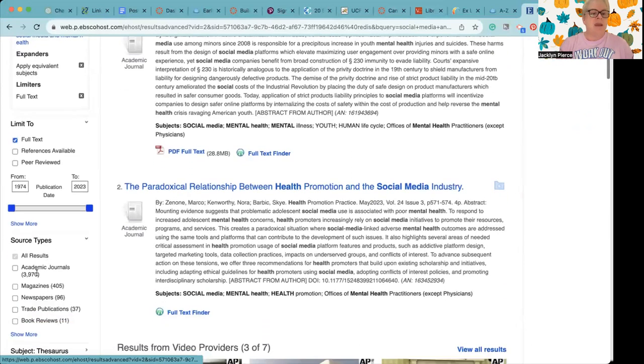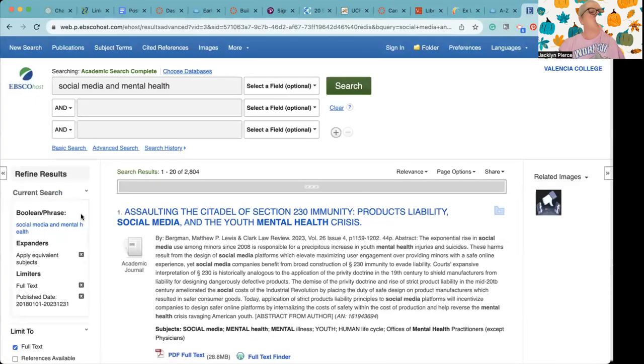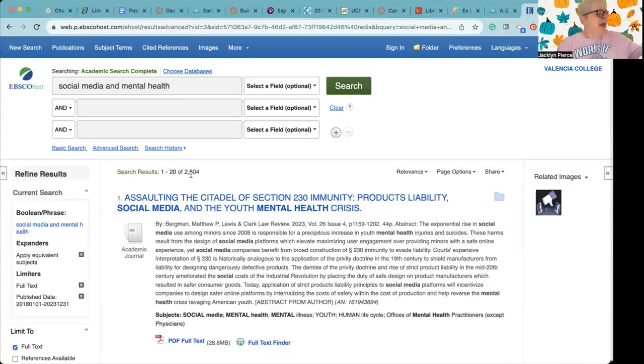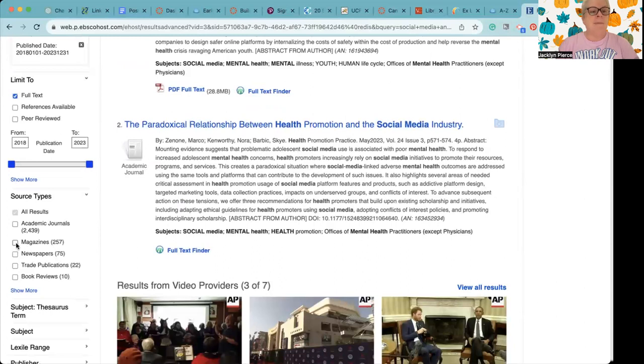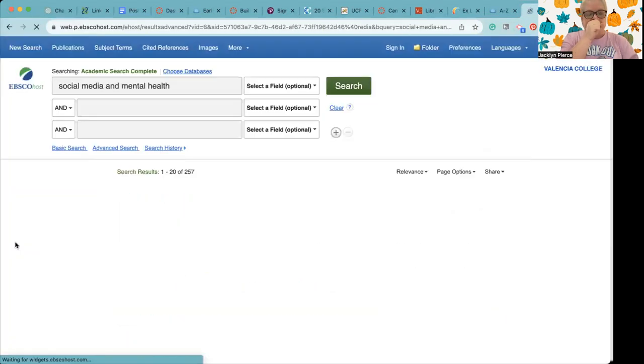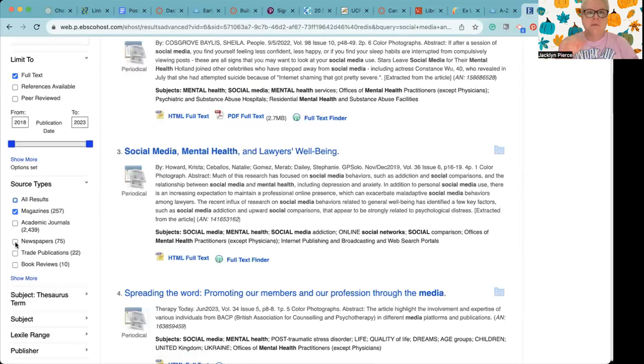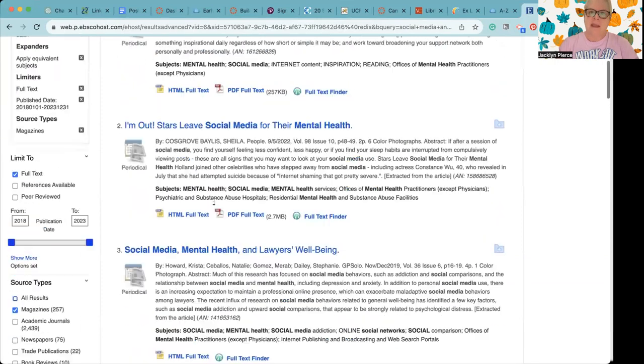Notice also we can limit it to certain types. I don't know that we need to go back to 1974 to research social media. I would say even just the last 5 or 6 years is probably going to be sufficient. And that brought me down to 2,800 articles. I can also limit it by the type. So I'm going to click on magazines because when we're writing at the 1,000 level, we really don't need super elaborate, fancy academic